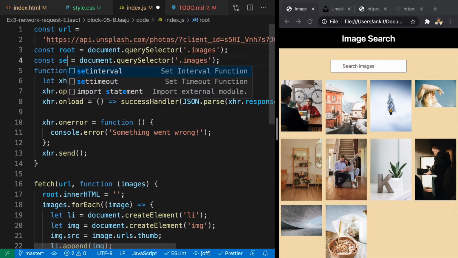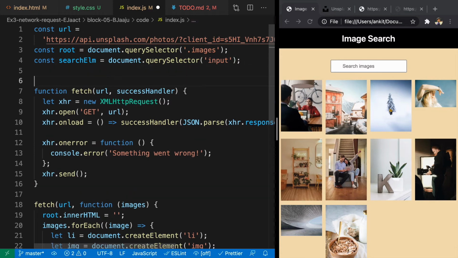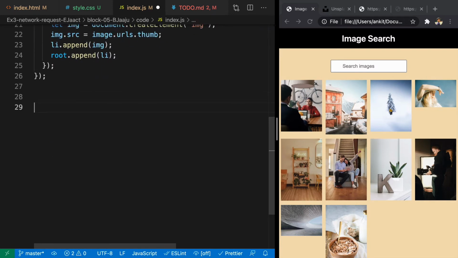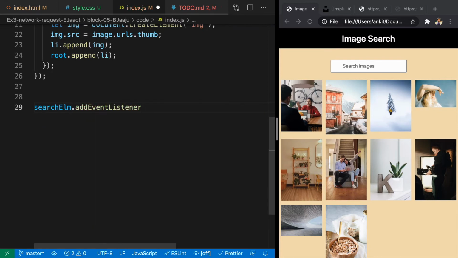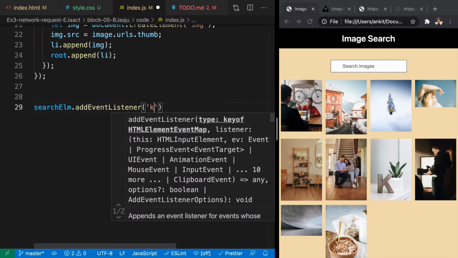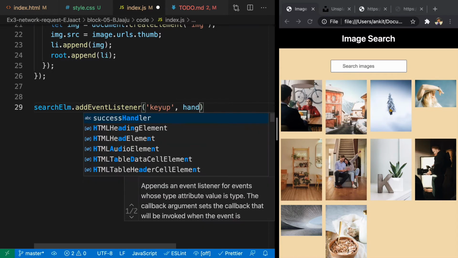We'll call it search element, and it is coming from input because on this page there is only one input. So we'll go ahead, add event listener. So we'll say search element.addEventListener. We are listening for type keydown or keyup. And whenever that happens, you have to call the function handleSearch.